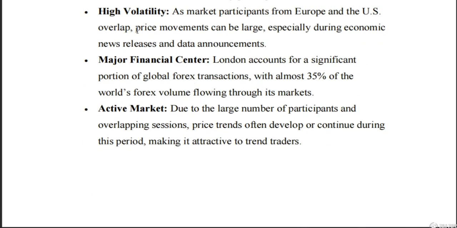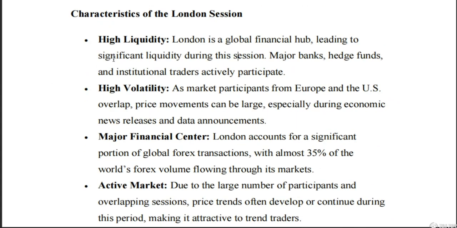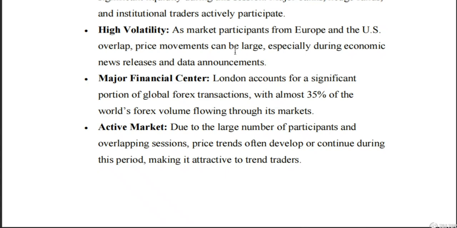Then I also talk of high volatility. High volatility is simply those sharp movements that take place in the market. The price movement is always fast during this session. During London session, the price movement is always dynamic, it's always fast, so you have to look out for it. That is one of the features. As market participants from Europe and US overlap, price movement can be large, especially during economic news releases and data announcements. So you can always expect high volatile, dynamic price movement during this session,